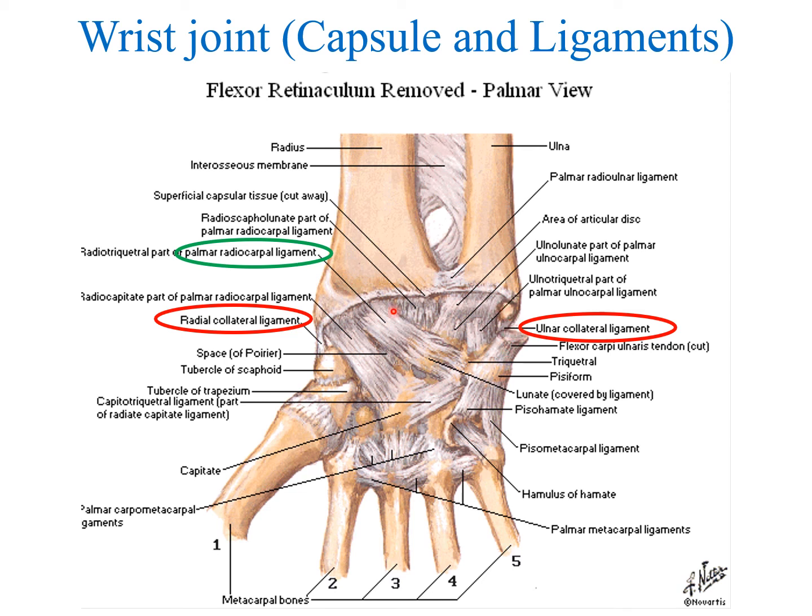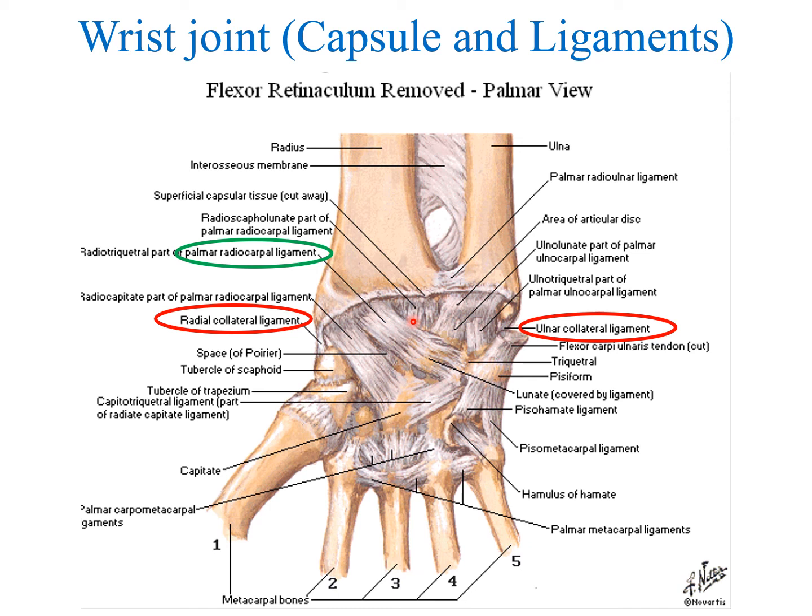And there is a ligament between the radius and the carpal bones known as the palmar radiocarpal ligament, because this is the anterior side of the palm. This ligament connecting the radius with the carpal bone on the palmar aspect is known as the palmar radiocarpal ligament. Specifically, this is the radiotriquetral part, because the radius is connecting through this ligament to the triquetrum. So you can say palmar radiocarpal ligament. Actually, the ligament is the radiotriquetral part of the palmar